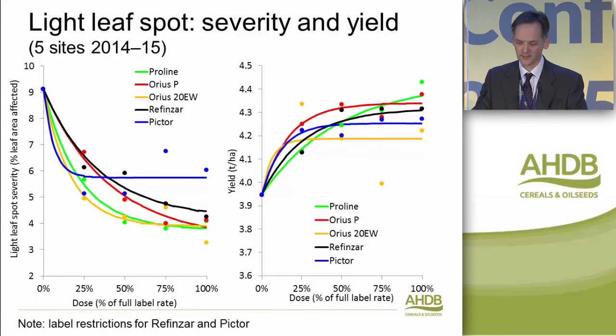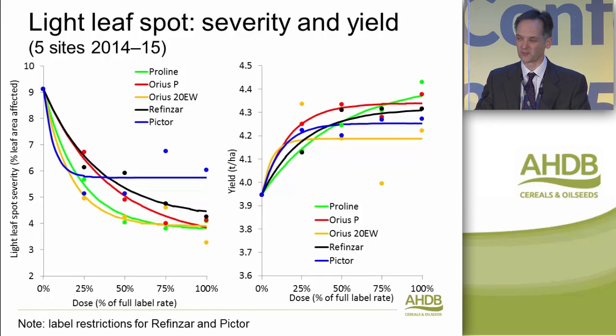In this case, the green line and the yellow line on the left-hand side of the charts. They often do perform very well in light leaf spot situations. And other products, though, look to be stacking up quite similarly as well. Note, when you look at yield, it's no great surprise that at high rates, where you apply tebuconazole at high rates to small crops in Yorkshire and Scotland, you can have a growth regulatory effect that's adverse to yield. So it's no great shock that tebuconazole drops off a bit there in terms of its yield. But generally, most of those yields are within 0.1 or 0.2 of each other, seeing very similar efficacy from most of those products.